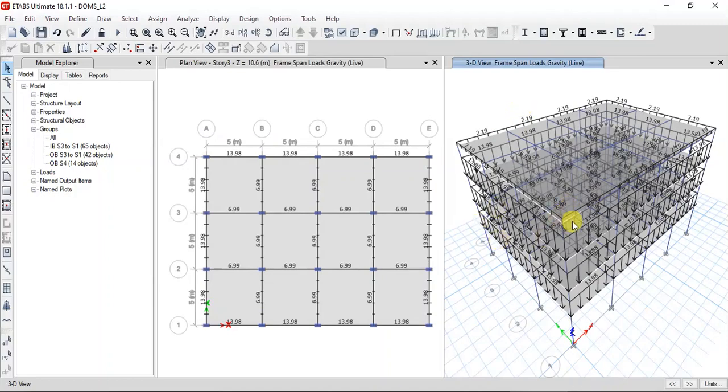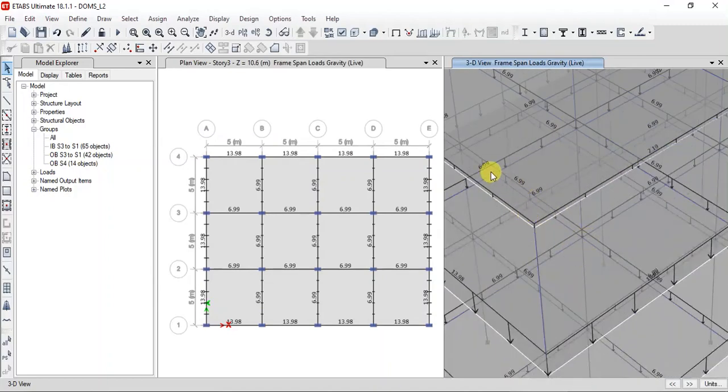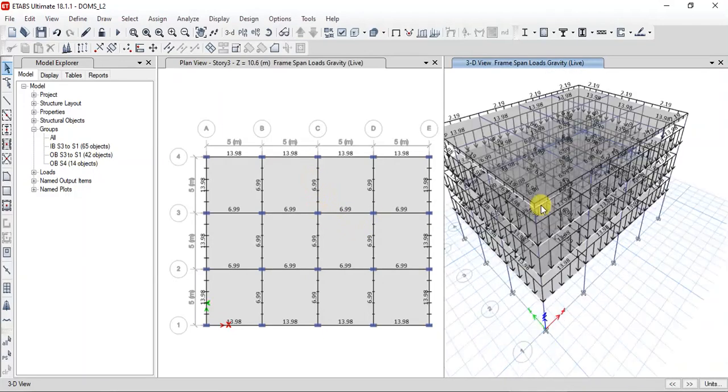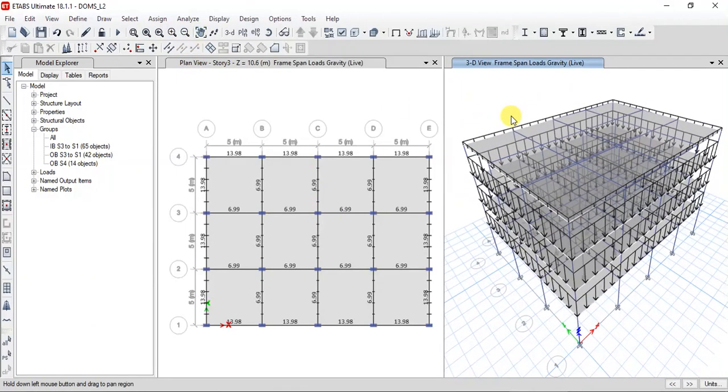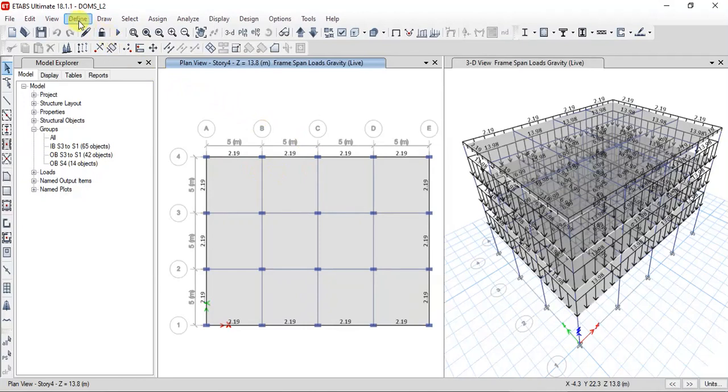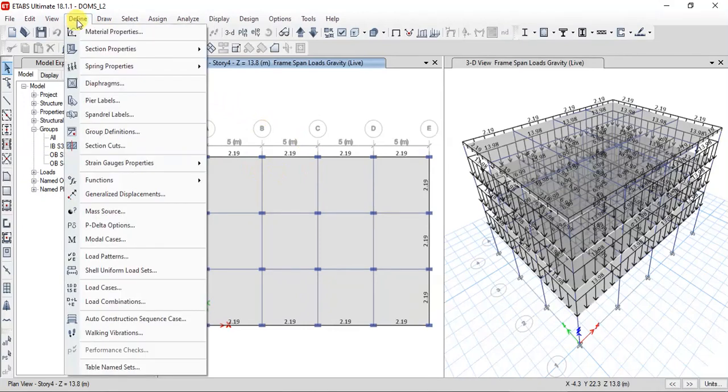So you can see that inside these inner walls the UDL loads of 6.99 have been assigned. So this is how you can assign the dead load and live load on the slab and the beams.